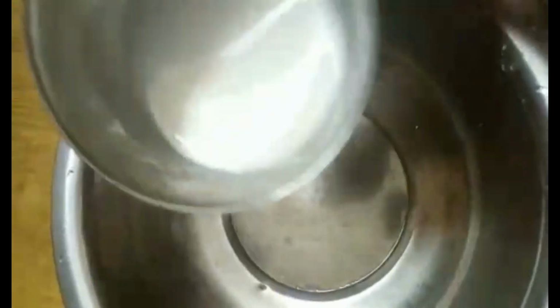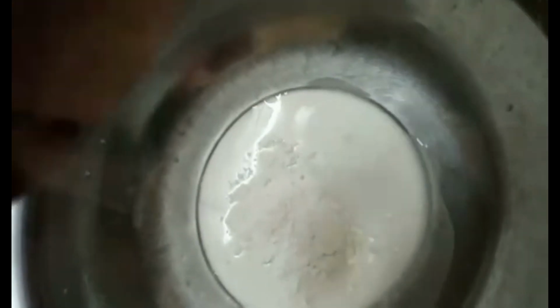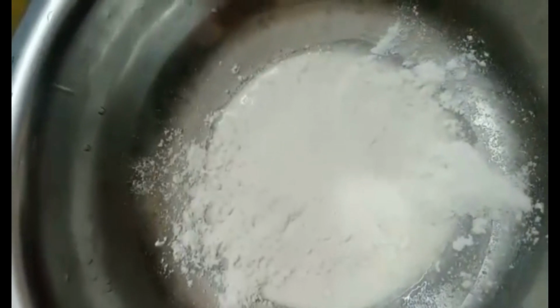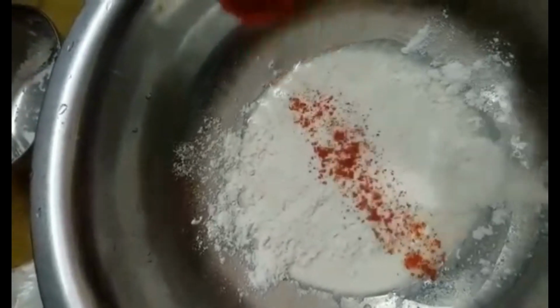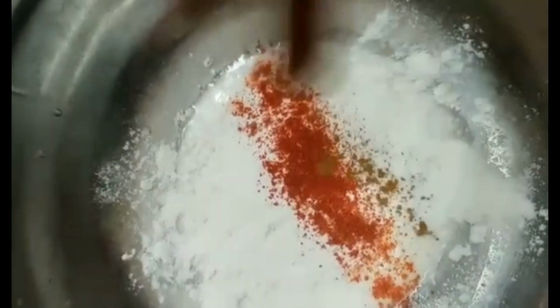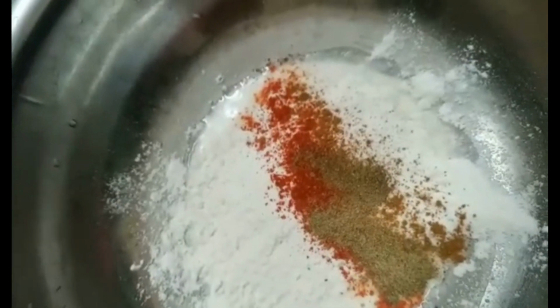Take a mixing bowl and add the cornstarch, add half bowl of rice flour, add 1 cup of all-purpose flour or maida, add 1 tablespoon of red chili powder, add 1 teaspoon of garam masala, add 1 tablespoon of black pepper powder,